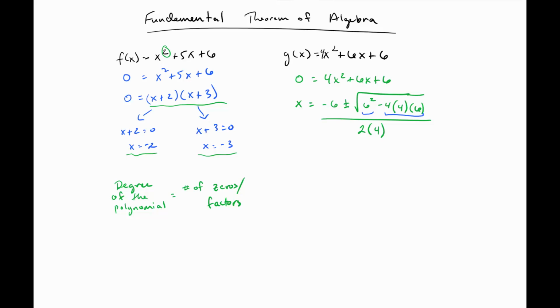But wait a second. Mr. Cooley just said that the degree of the polynomial is always exactly the same as the number of zeros. And this is a second degree polynomial. So what does that mean? Well, that means that we have imaginary zeros. So if we clean this up,